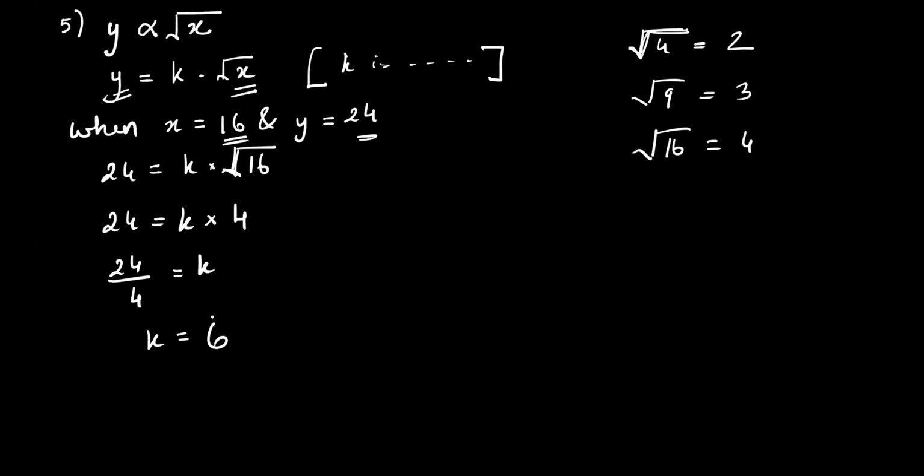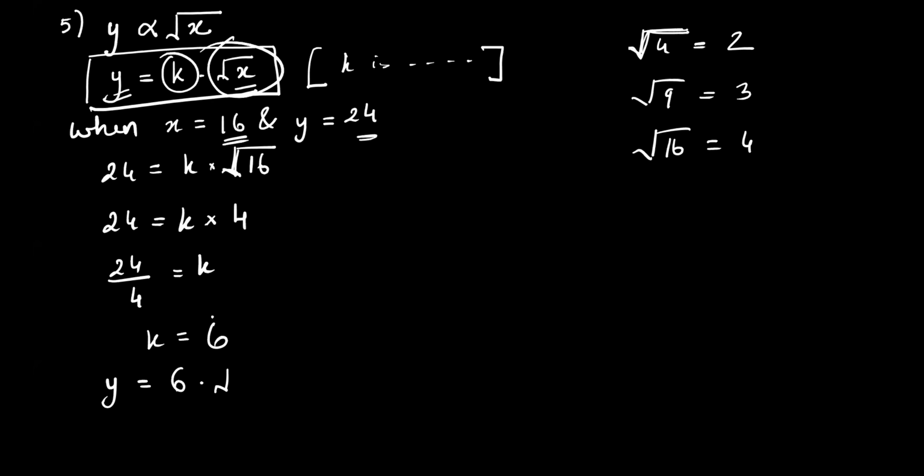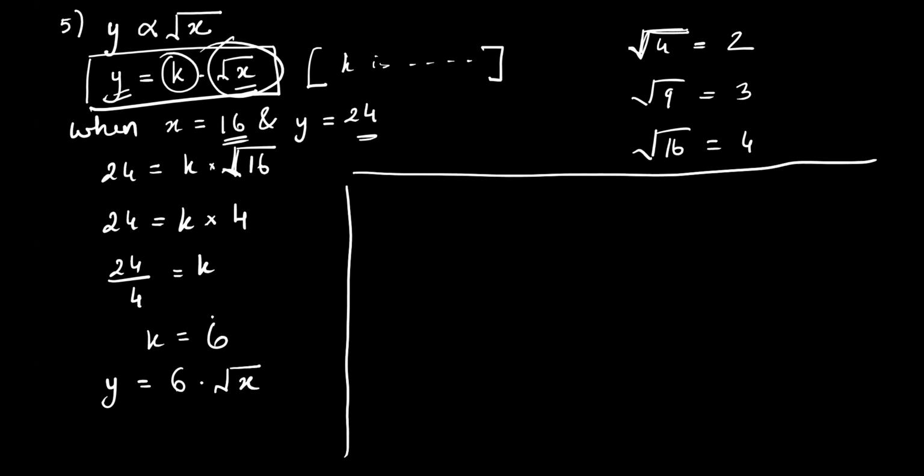Can I substitute that in this big equation? So I'll get y is equal to, what do I write on the right? 6. And here? No. When you are substituting in the equation, you will only put k. y and x keep changing, k will never change. So we write y and x as they are. Did you understand till here? Okay. Now let us continue.